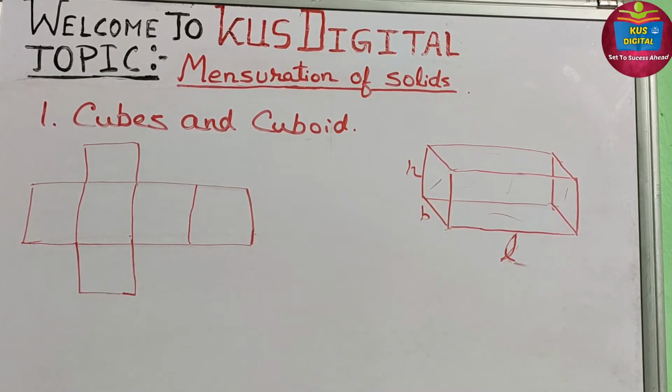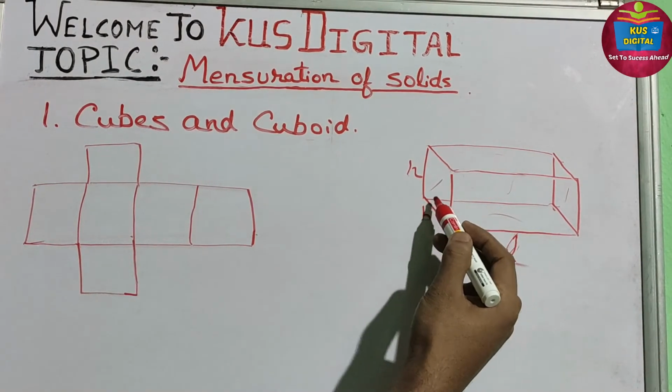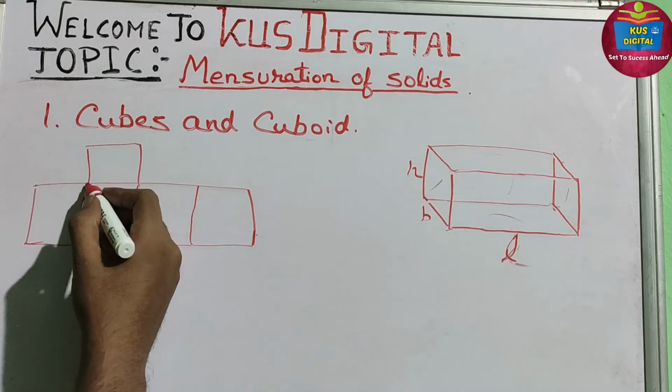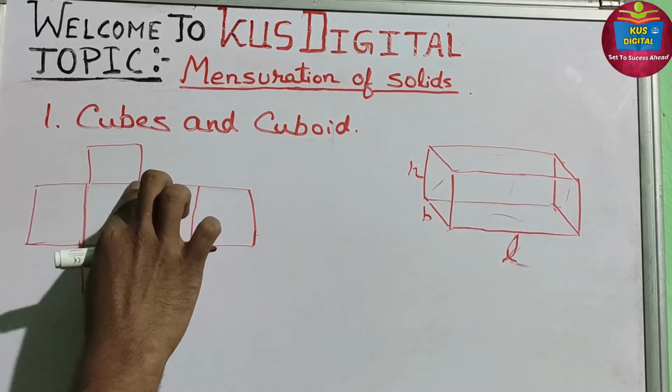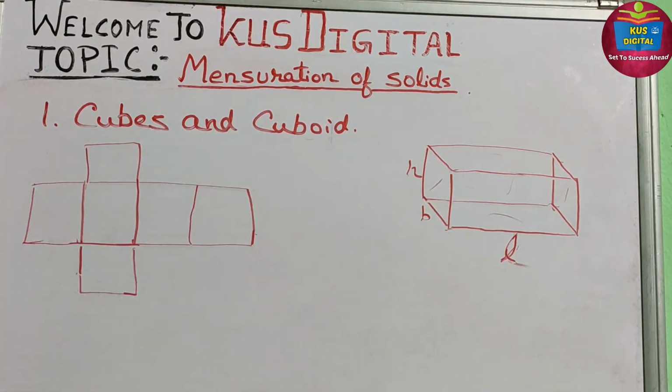Take practical examples of a cuboid: a matchbox, a brick. You have seen a red brick; that is an example of a cuboid. A matchbox can also be an example of a cuboid. So here I have picked this as the base. Let me draw a straight line. All these are straight lines.